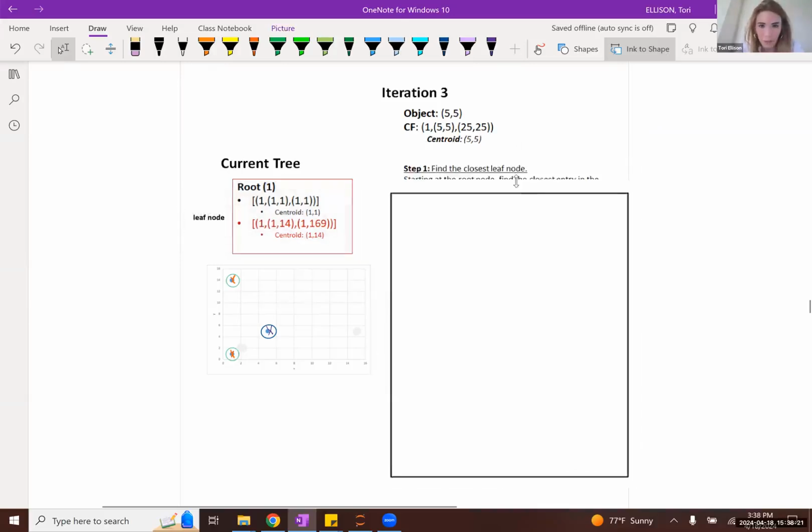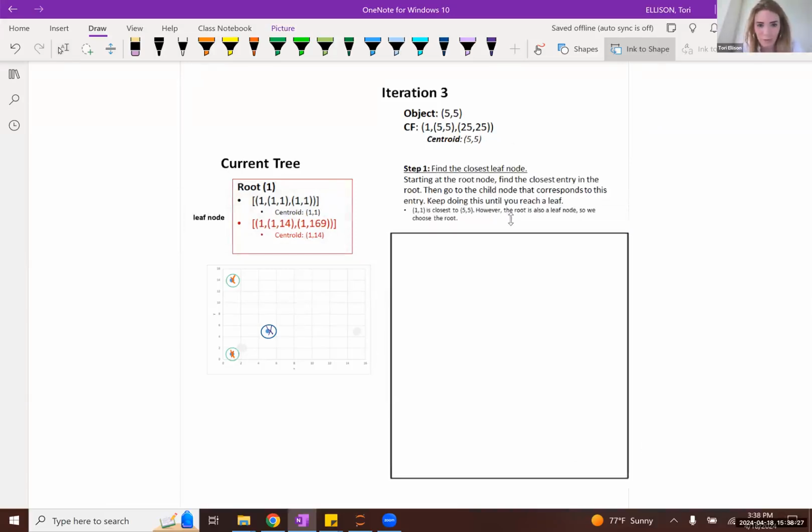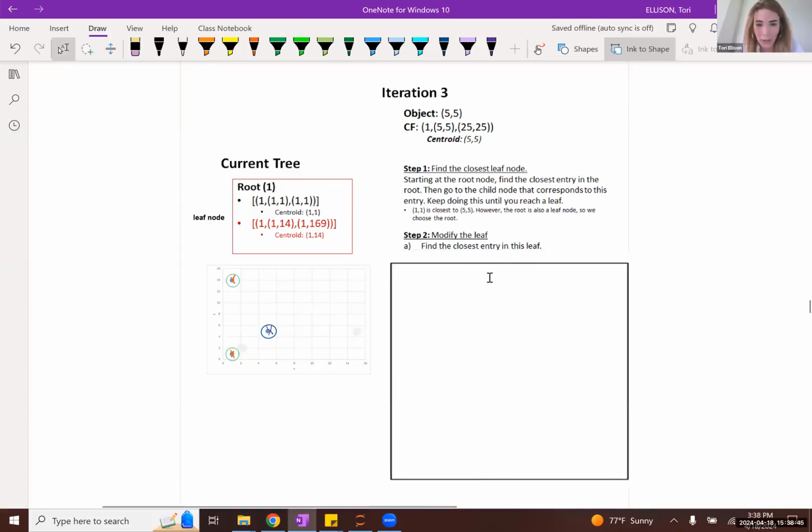When it comes to figuring out what to do with an incoming subcluster, we go through step 1, which is about choosing the closest leaf node. At the moment there's only one leaf node, so we simply choose that one. Once we've chosen our leaf node, we then go about modifying it. In our chosen leaf node, we find the closest entry to the incoming subcluster.